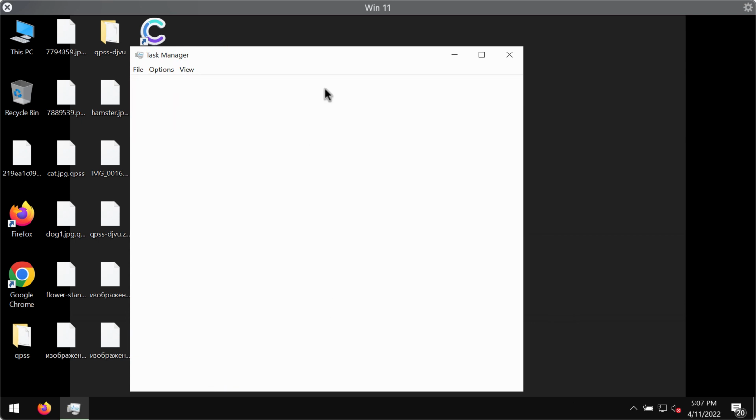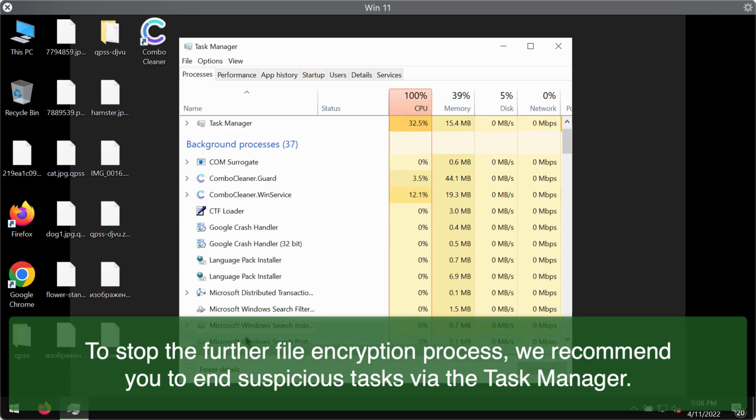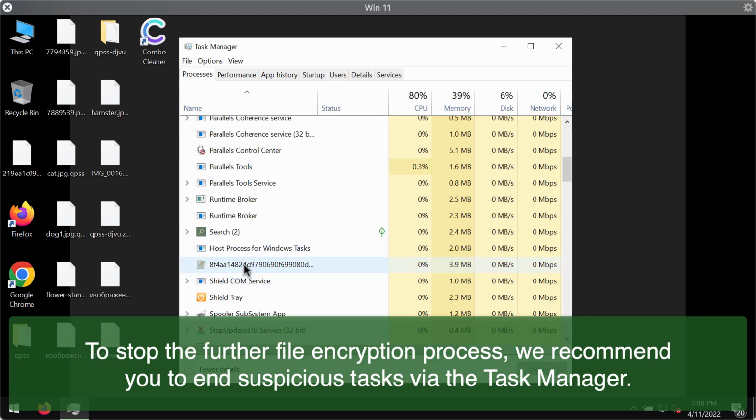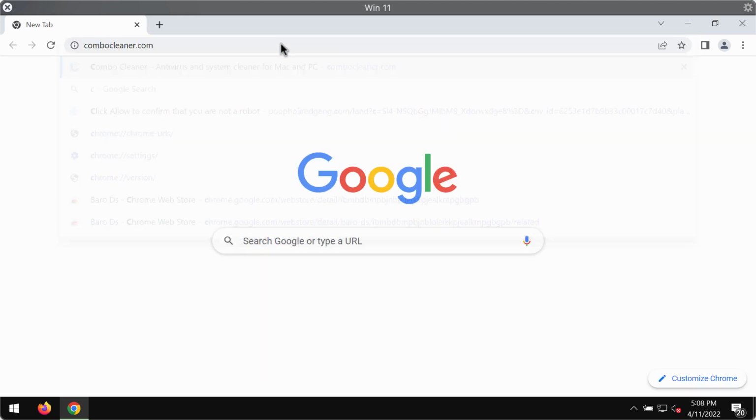We recommend you to check the task manager of your computer, then look for any suspicious processes that could be running in the background. If you find them, you should right-click on them and end their task to stop the further file encryption. We also recommend you to remove this ransomware with the help of reliable anti-ransomware tool such as